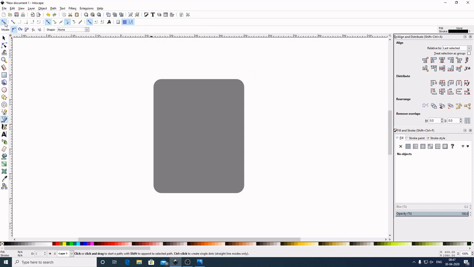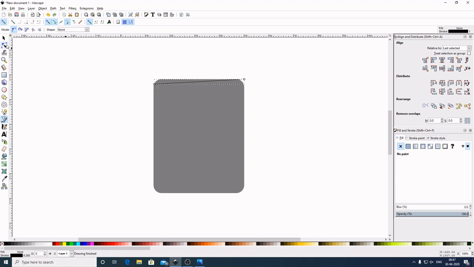First enable the snapping, and under this mode select this one, Create Regular Bezier Path. After enabling the snapping, come here. As I bring this cursor here, it will show a handle to the corner here. You can see. Before moving on, we will also enable this one, Snap to Path. Now bring this cursor here. I will select it here. Now bring this here, and I will select it here.